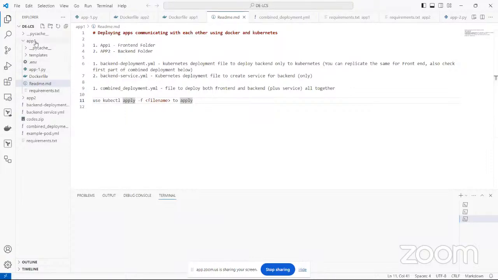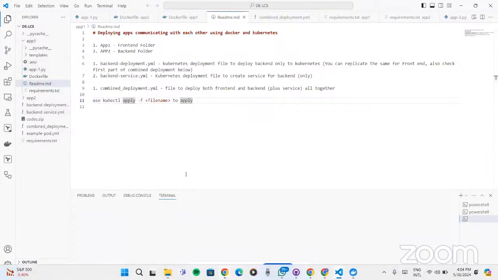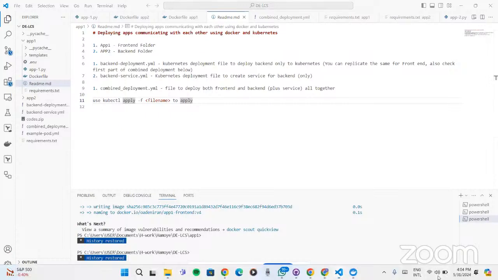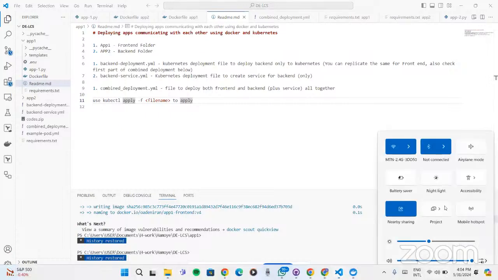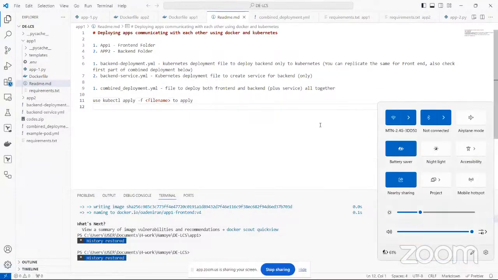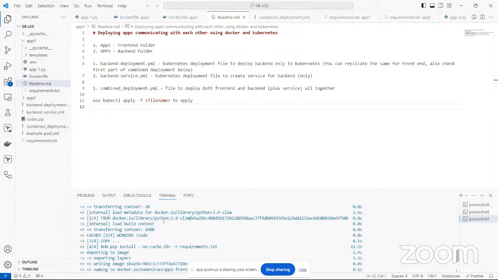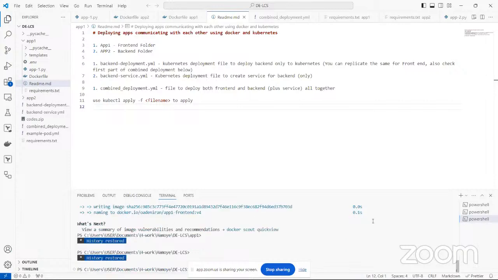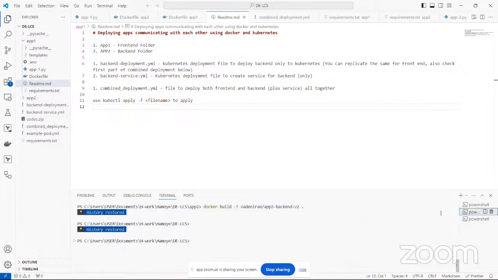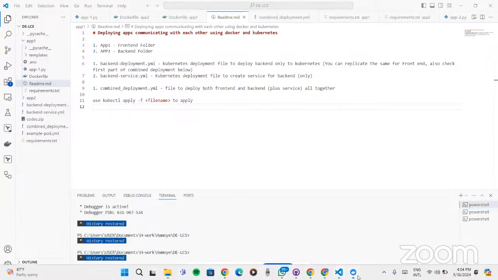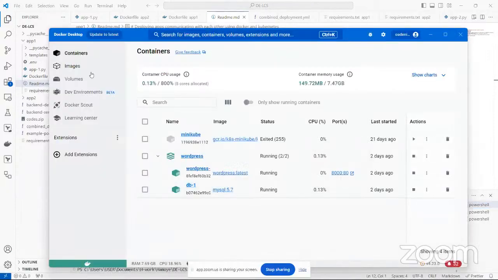We created app1.py. We also created app2, to ensure that both of these apps were connecting and talking to each other. And what we had also done is that we had created images for app one and app two. So let me go to my Docker and confirm if I still have these images on my local